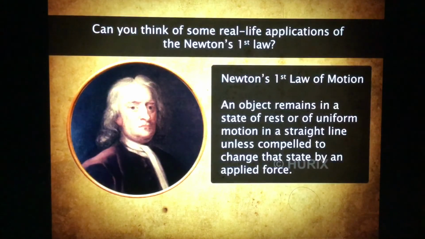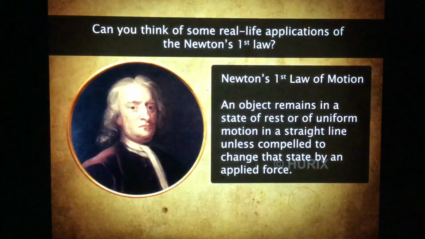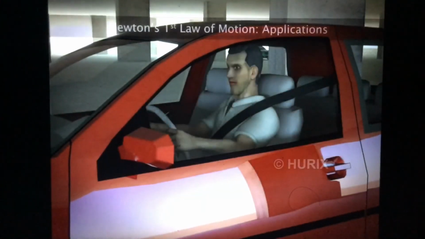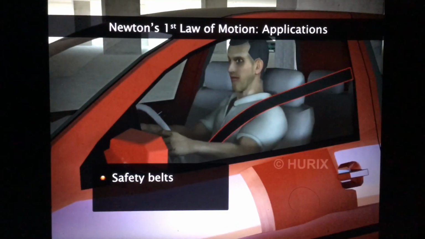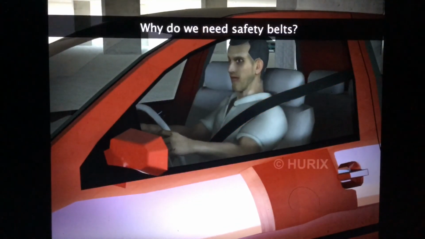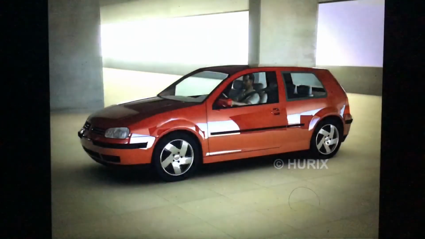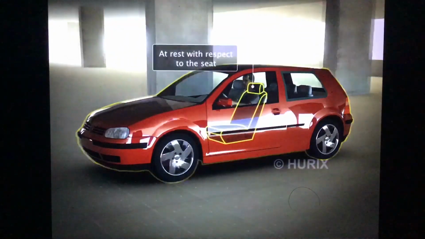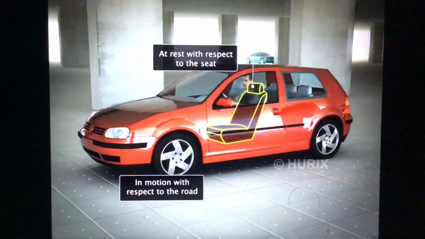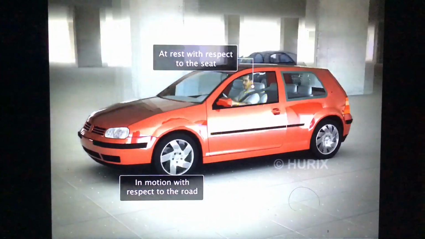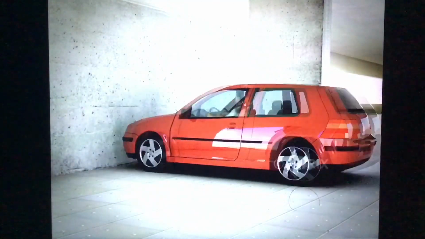Can you think of some real-life applications of this law? Well, consider the concept of wearing safety belts in cars. Why do we need these belts? When a car is moving, we are at rest with respect to the seat, but moving along with the car with respect to the road. In the unfortunate event of a car crash,